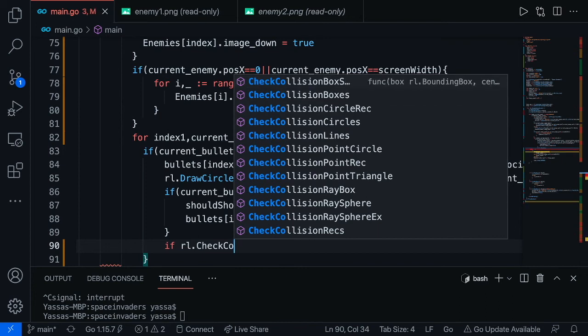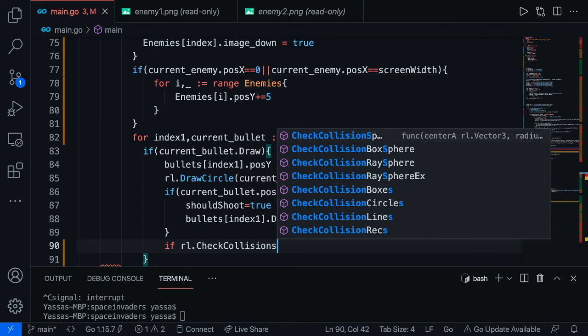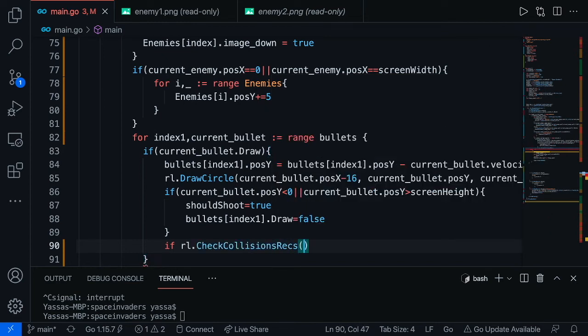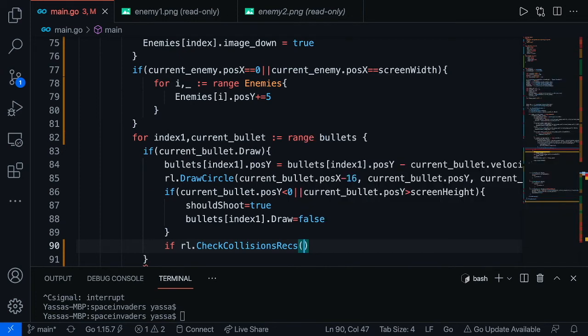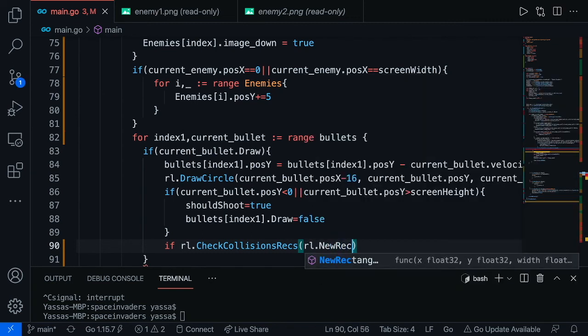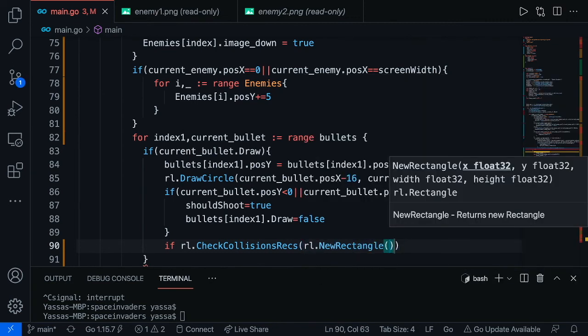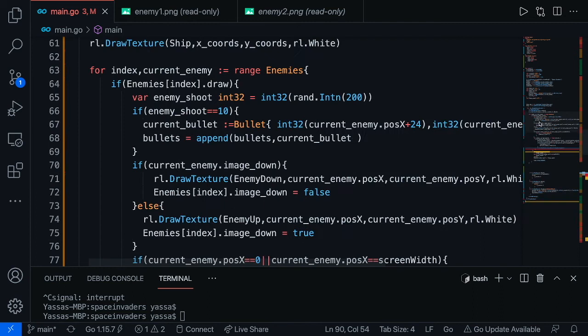and we're going to be actually using rectangles. All right, collisions rex. Okay, and we're going to create two rectangles. These two rectangles are first of all going to be one for the current bullet and two for the current enemy. All right, so we're going to go rl.new rectangle. All right, and this new rectangle,